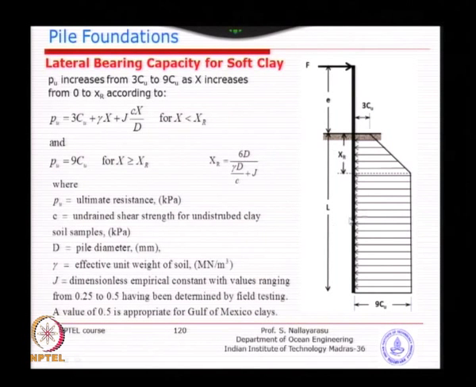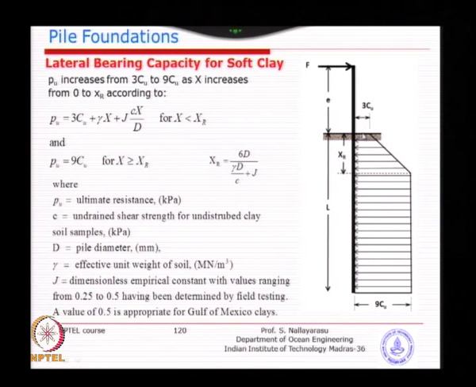So, you could see here the lateral capacity is the summation of all this. For example, this is the applied load. For this pile to be in equilibrium without excessive displacement or rotation, you could see that the load from the right side should match with the load from the left side, which should match with the reaction from the pile. So, you can just cumulatively add up and find out the depth at which the equilibrium is going to be there. So, the ultimate capacity is found as an integration from 3 Cu from here plus gamma times x.